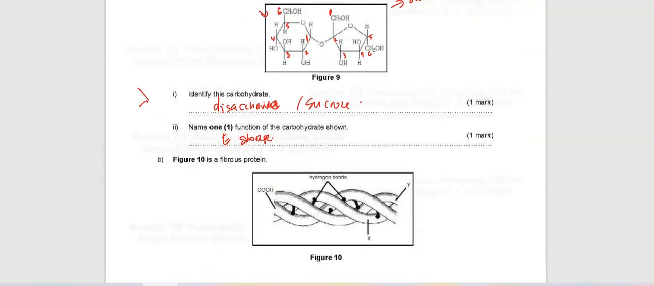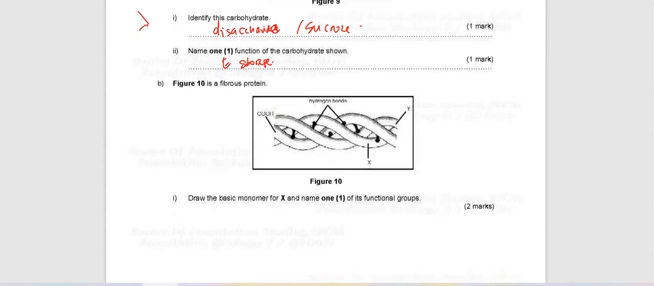Storage of energy. Figure 10, question B, is a fibrous protein. As you can see in this diagram, it is the structure of collagen. Collagen is basically a type of fibrous protein. As you can see from the structure of collagen, it consists of 1, 2, 3, basically 3 identical